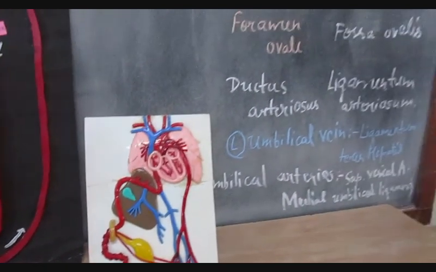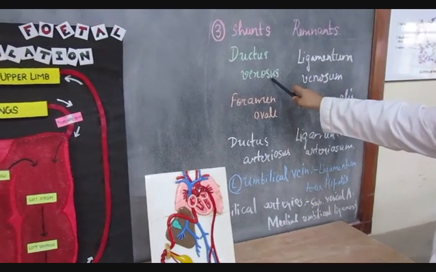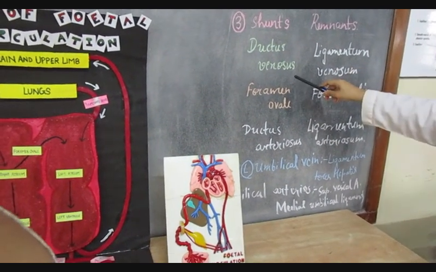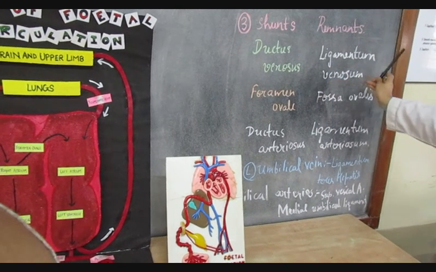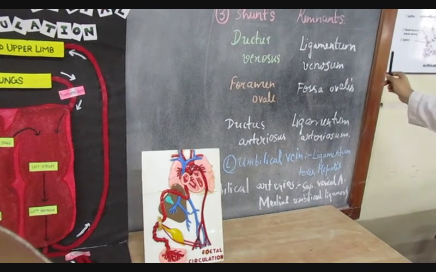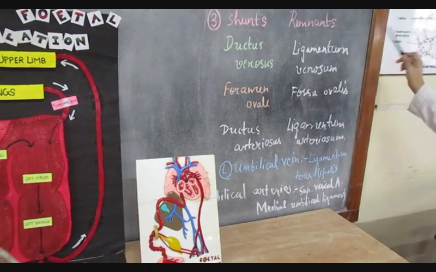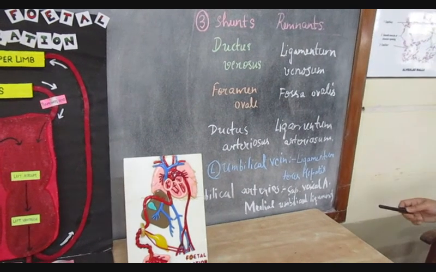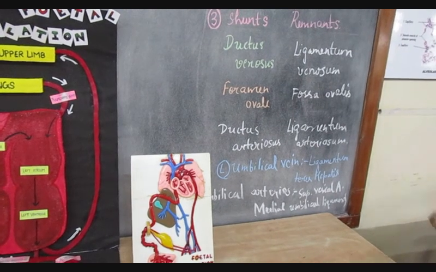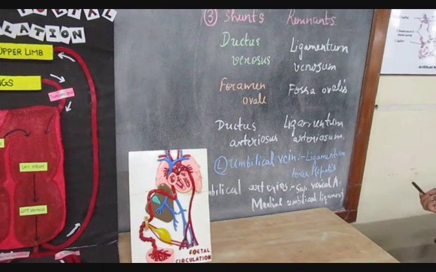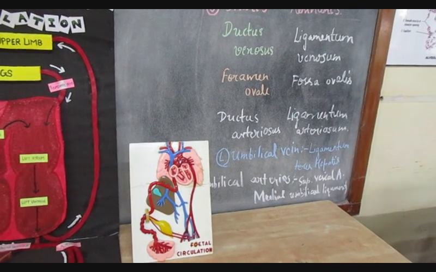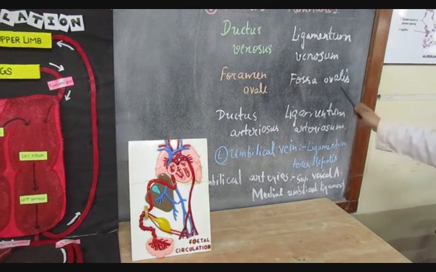Now we have learned 3 shunts. The first shunt was the ductus venosus. Okay, it shunted the blood. Instead of going to the liver, minimal amount went to the liver, but most of it got shunted to the inferior vena cava, and after its role is over in the fetal circulation, it is going to become a ligamentous structure, that is ligamentum venosum. Okay, the other shunt is the foramen ovale, the second shunt, which we saw is a communication between the right atrium and left atrium, and that is going to close after its role in fetal circulation is over and become the fossa ovalis. Okay, remnant is fossa ovalis.